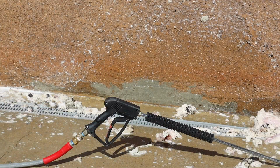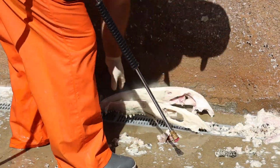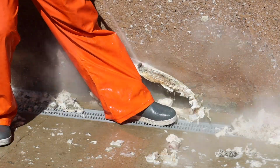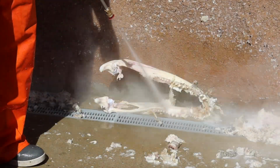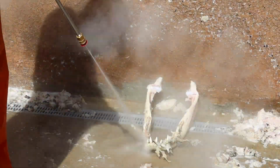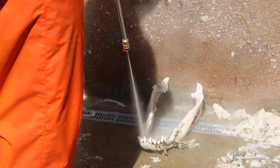It's really critical on a gator to get all the way up the nose, in and around those eye sockets, the very micro brain hole, but most importantly, trying to spray around the bottom of the mouth and the teeth. It is very difficult to not just shoot those teeth out and just have them fly away. I do the best I can, but there's always going to be the time where you glue a few teeth back in. Just when one goes out, stop what you're doing, find it, stick it in a jar, and deal